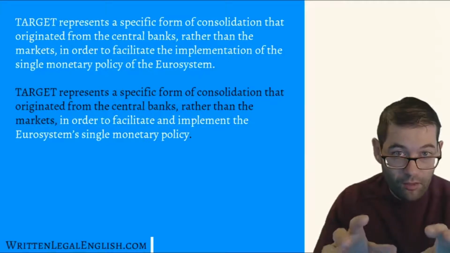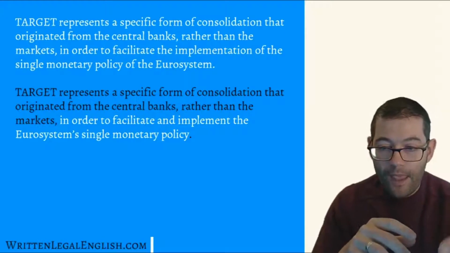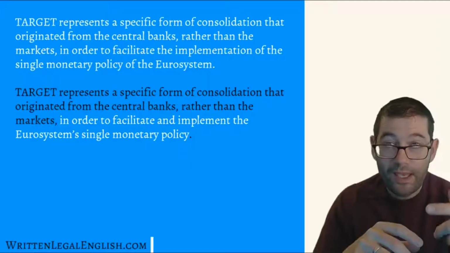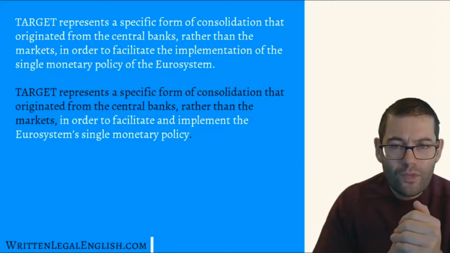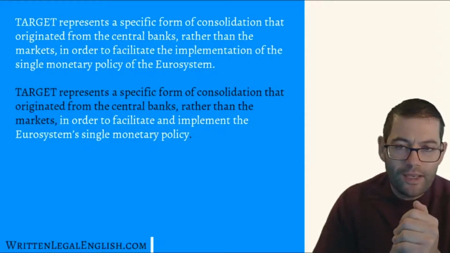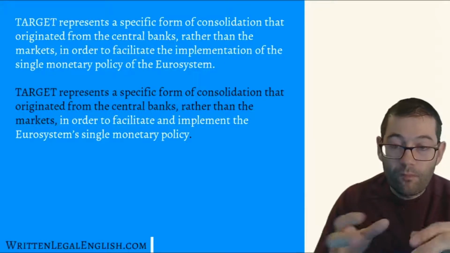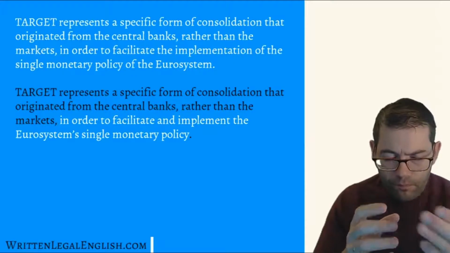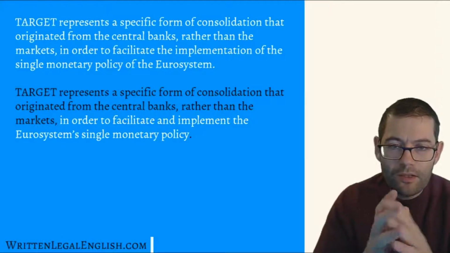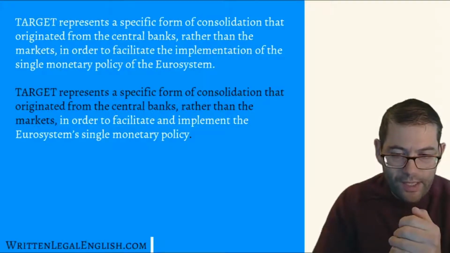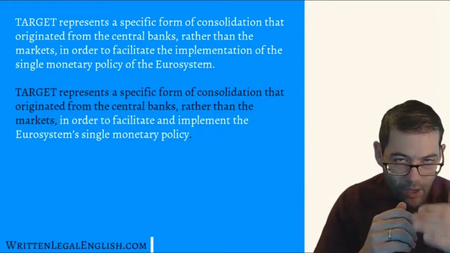So if this is not correct, then you could just say, in order to facilitate how the Eurosystem's single monetary policy is implemented. So we can get around it that way if we have to. But largely, when I'm proofreading and dealing with this problem, I contact the author, because when I'm making changes, I'm always very aware when I might be making a material change to the document. I always get in contact with the author and I say, listen, what is it that you're trying to say here? And more often than not, this change is okay, but